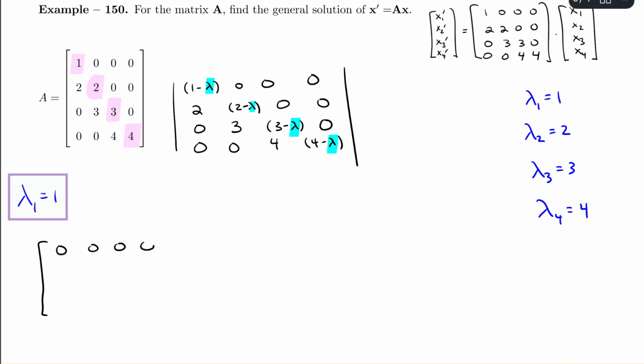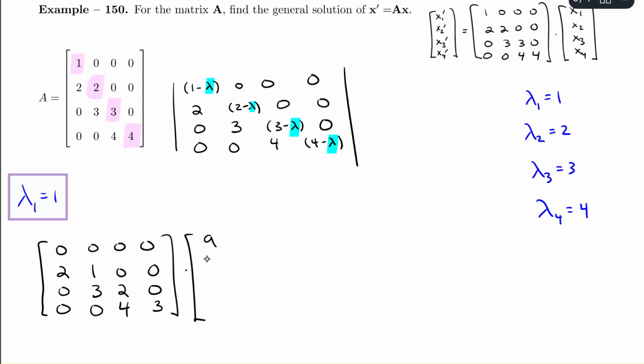First row is all 0. 2 minus 1 is 1. 3 minus 1 is 2. 4 minus 1 is 3. And we know to find the eigenvector, we're looking for what coefficients